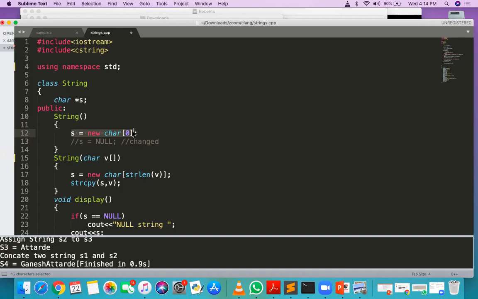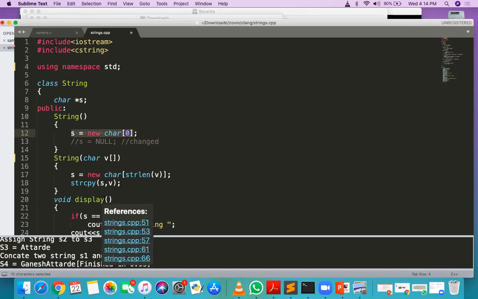So actually what is the meaning of having a 0 length memory? Is there any memory available having the 0 length? There is a memory block, but that block does not have any length. What is the meaning of it? It means that the block does not exist. Very simple. So it means that s is pointing to null.